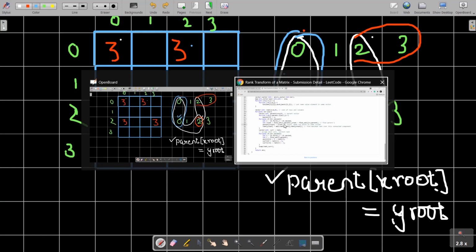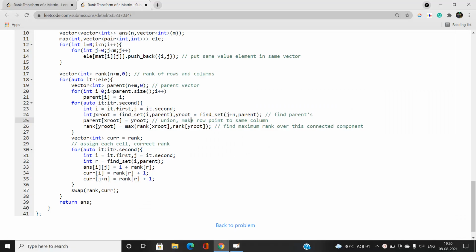How are we going to join it? xroot is going to find the parent for a particular connected component, where this element is lying; we need to find its parent. Similarly for the yroot, we find the parent where this element is lying in its connected component.